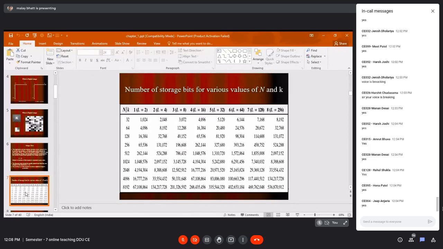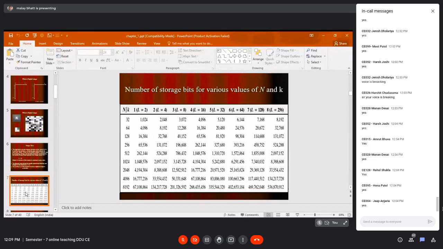When you look at the pictures, the size of the picture remains the same. It will not increase or decrease because the number of rows and columns is the same. But the picture details will be more and more clear. As you increase the number of gray levels, the picture will be more sharp and more crisp, so you can see the minute details very well. You can see the various shades of skin if we have more gray levels. If you have fewer gray levels, you cannot see the different shades of skin. They will all look equal.